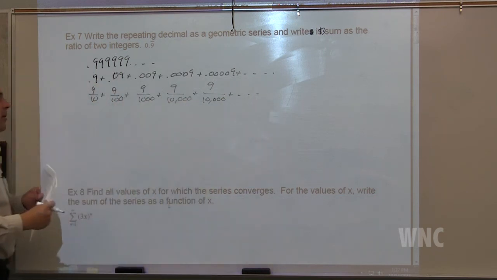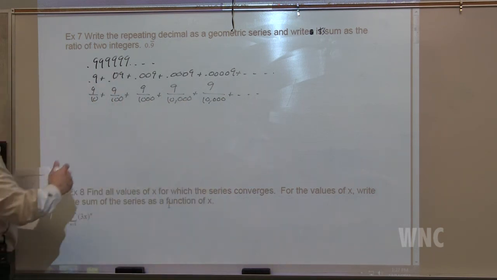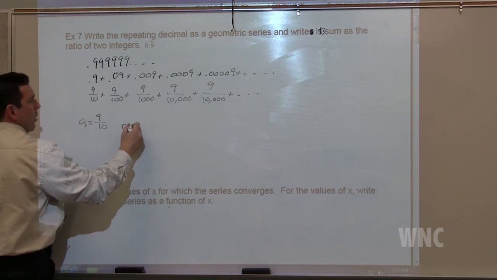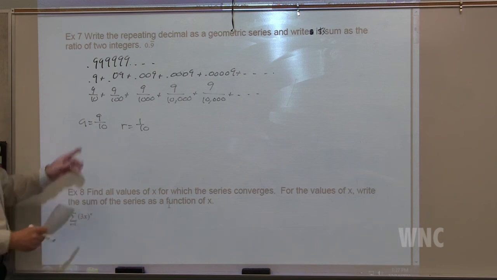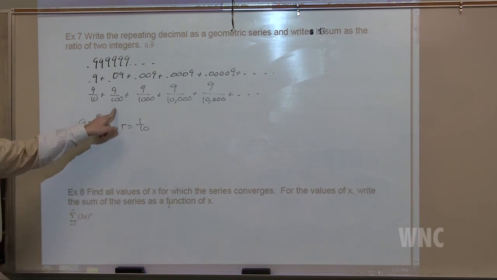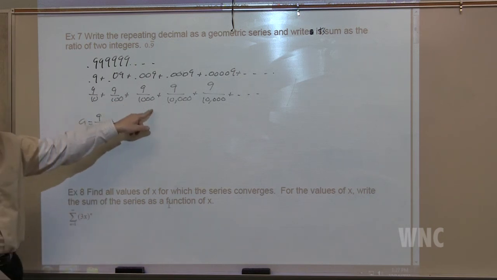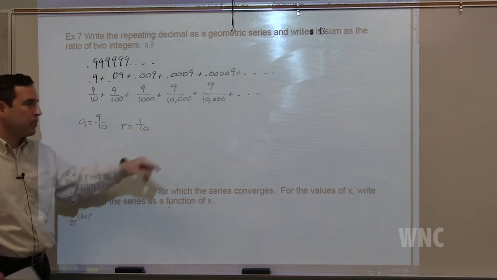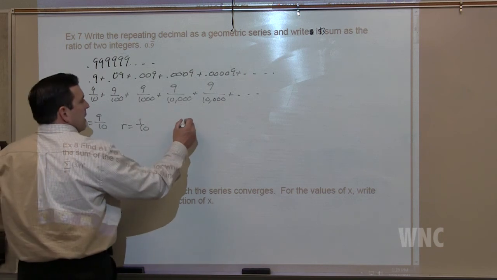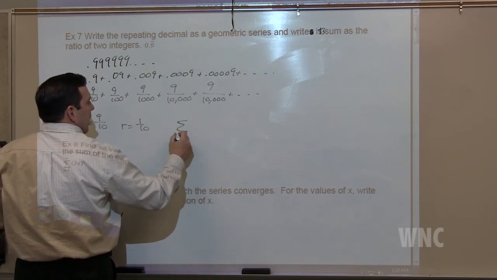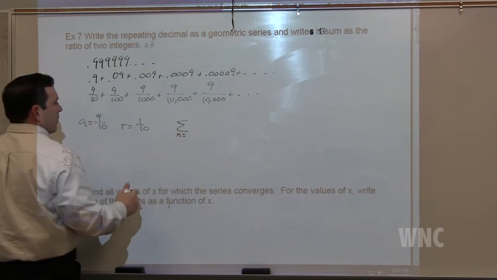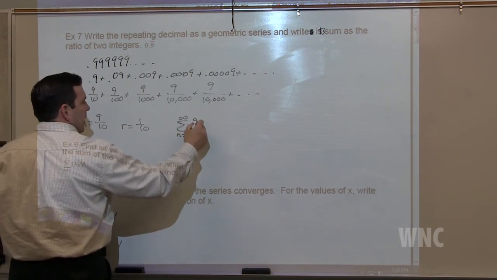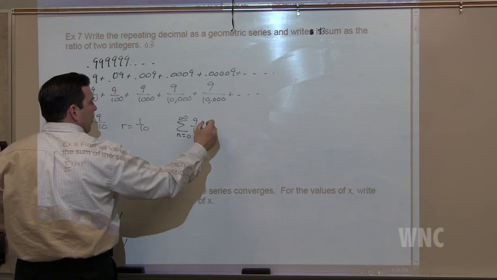So I hope you see a pattern here. If my first term is A, my common ratio is 1/10. 1/10 times 9/10 is 9/100. 1/10 times 9/100 is 9/1,000. 1/10 times 9/1,000 is 9/10,000. We can represent this as the sum as n goes from 0 to infinity of our A, which is 9/10, times R, which is 1/10,